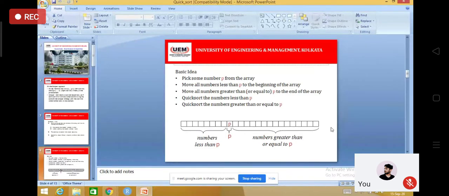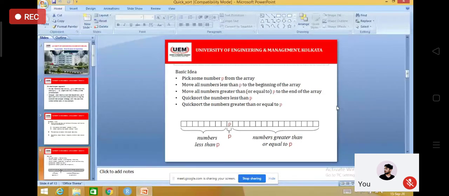What they do is try to find one element, and for that particular element, the pivot or the decision-making element, all the left side elements should be smaller and all the right side elements greater or equal. Okay. So this is the basic concept.